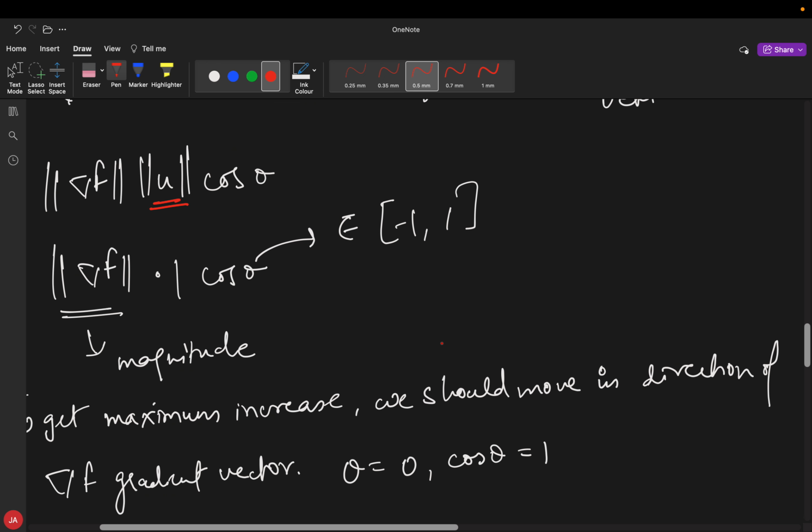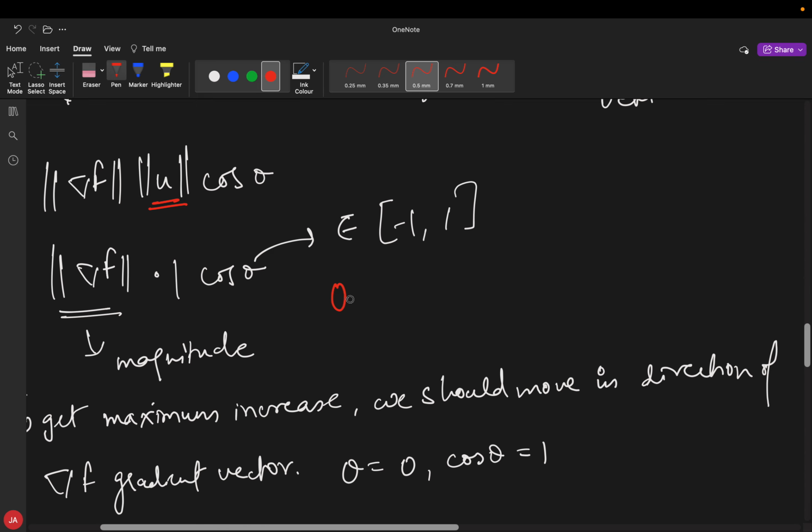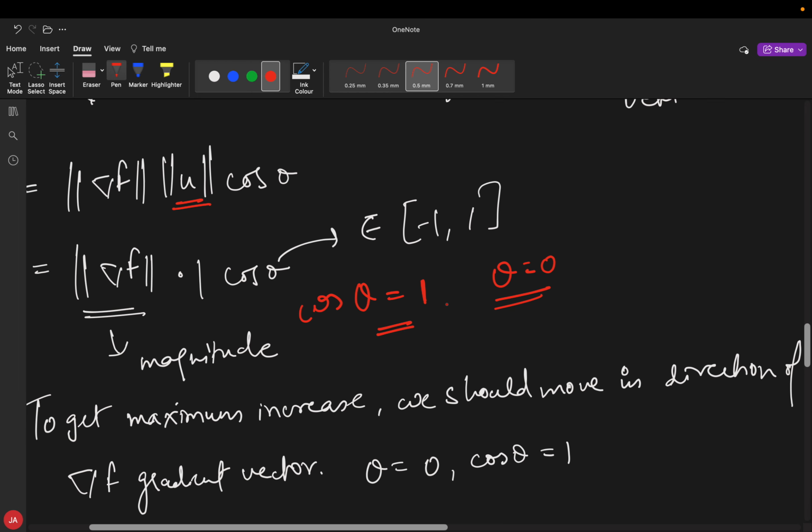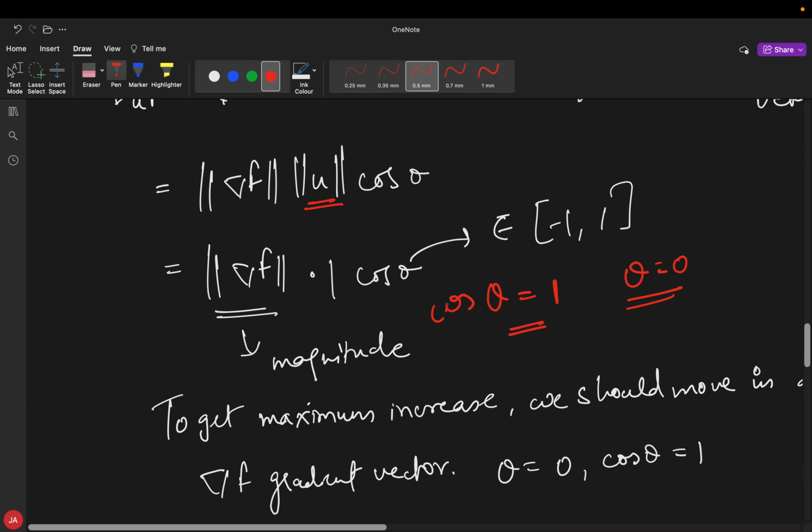It depends upon the cos theta. Cos theta lies in the range of -1 to 1, and if I want the magnitude to be the highest, I'll choose theta equal to 0 and cos theta equal to 1. Therefore I should move in the direction of the gradient to get the maximum magnitude,